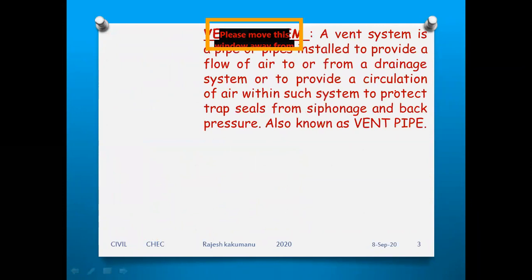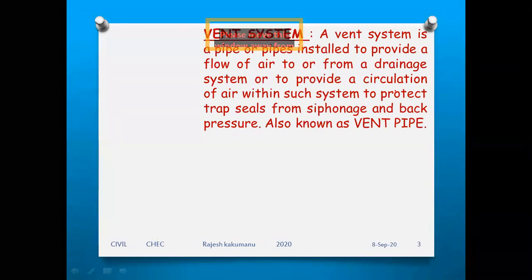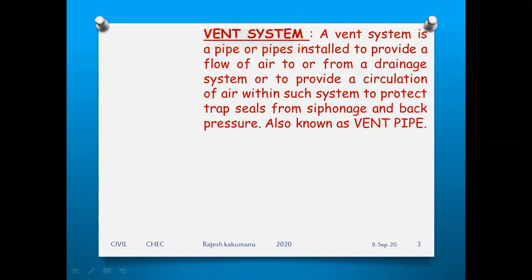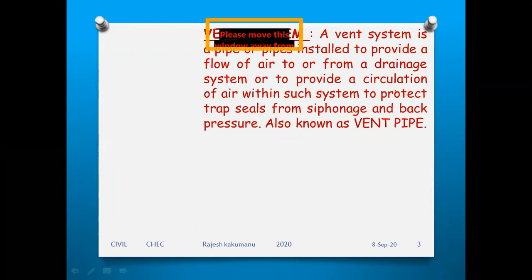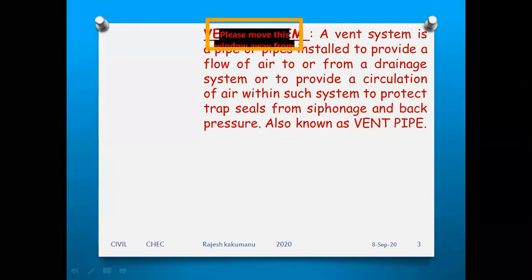Then what is this definition? This is a vent system. Vent means ventilation, right? It may be the light, or it may be coming of air. Simply you are calling them a vent system. A vent system is a pipe or pipes installed to provide a flow of air,